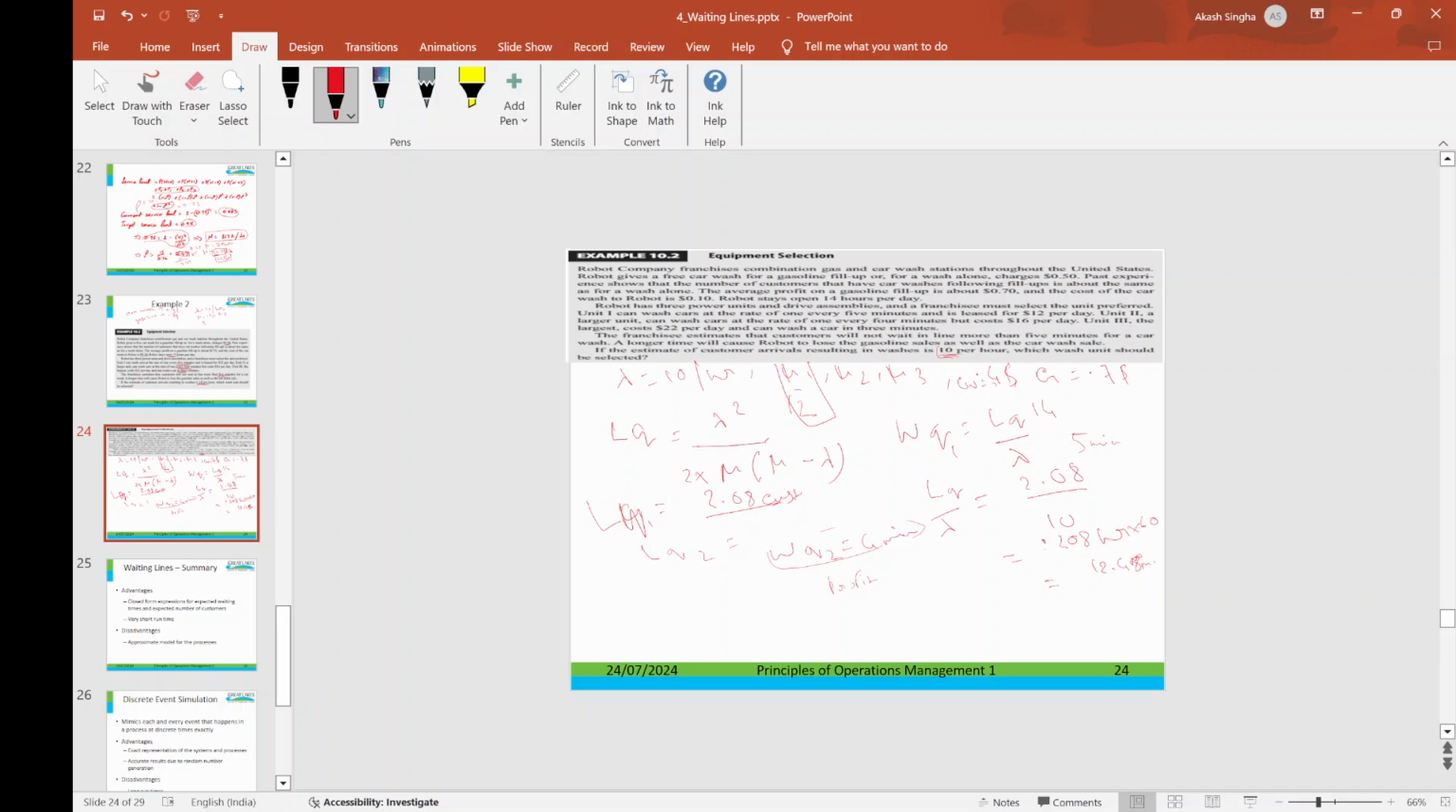So for that, what we have to do is we have to calculate the arrival rate at 5 minutes. If it is done by every 5 minutes, how many customers will come into the company. So for that, what we have to do is